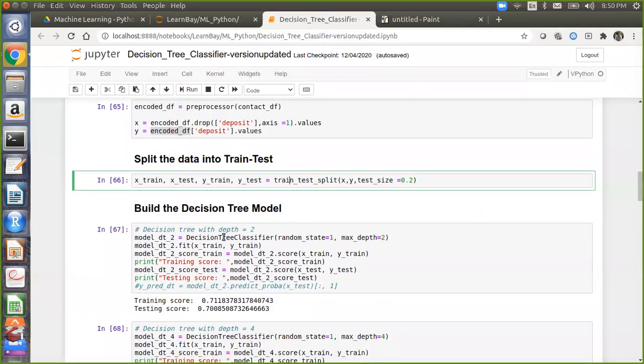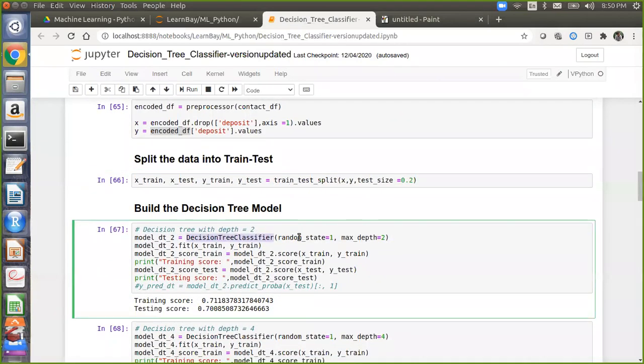Now the decision tree model. Simply call the decision tree, and I'm not passing any parameter here except max depth. Max depth is equal to 2, only this one parameter, and then I'm fitting my model with X train and Y train. X train and Y train is my training data. In this syntax, my model will be trained with the parameter max depth equal to 2. After generating this model_DT2, I will calculate the score.